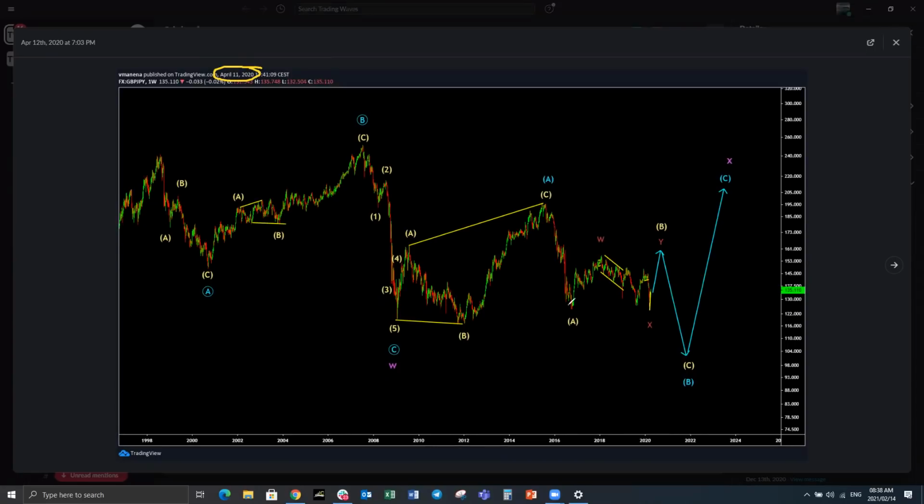So we were looking for pound yen to make this structure, which is a flat correction. We were around 135 on pound yen at the time. Why would anyone want to sell pound yen if the structure is showing us this corrective structure? So since last year up to date, the theme has been to buy pound yen. You don't look at any sell setups until we reach our target.